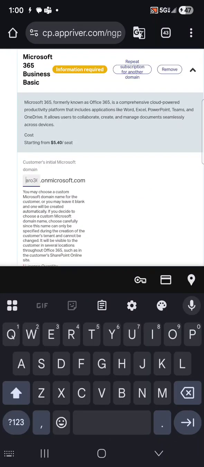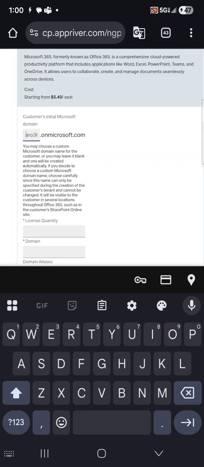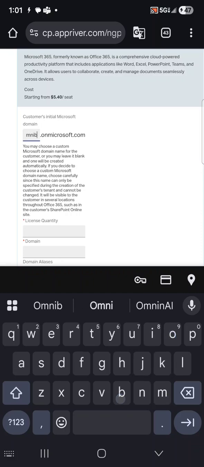Now, this is important. You can either go with a default tenant domain name, but I like to put the customer name if it's available. So this is an address that they assign. It's a real web address that you can reach on the internet once it's active. But eventually you would replace it, or at least have your regular domain available for it. So I'm actually going to name the beginning of our all Microsoft subdomain Omni Business Services